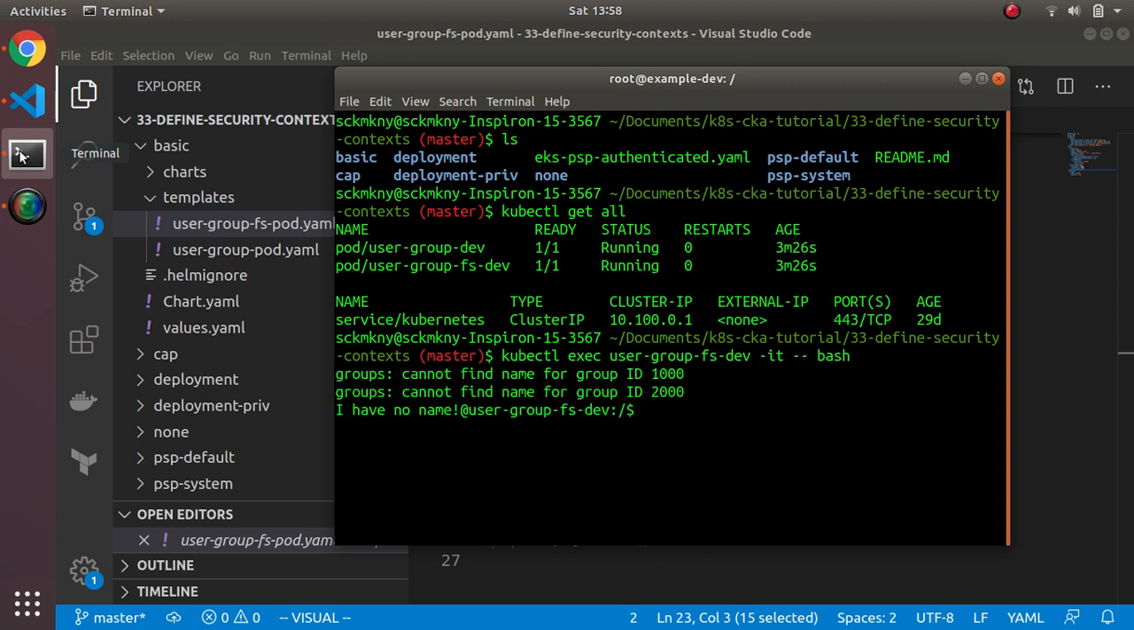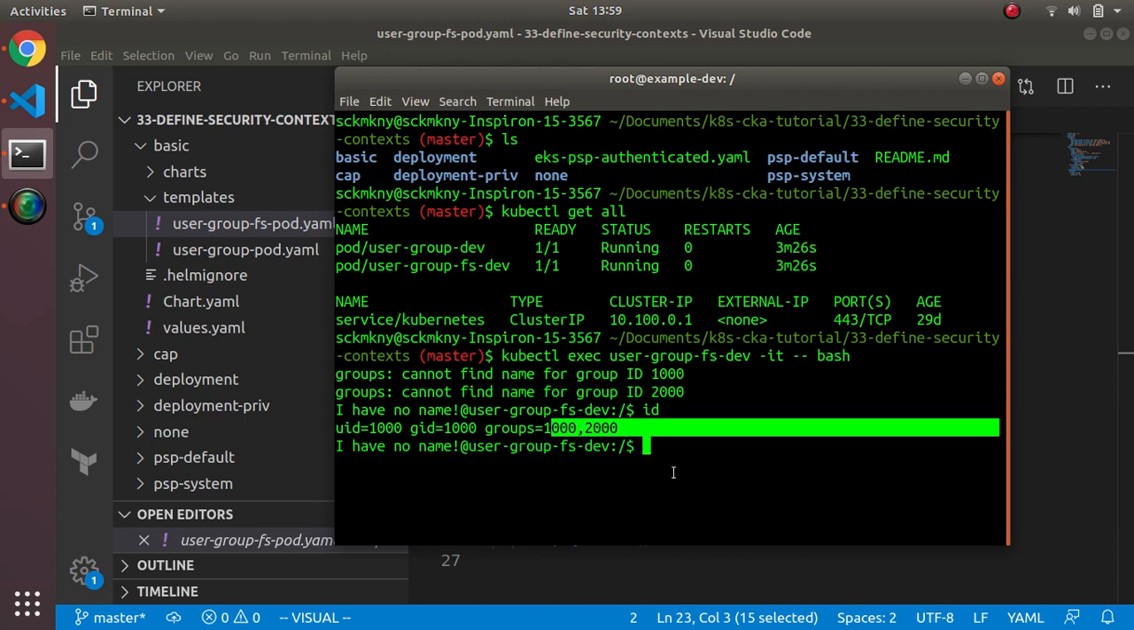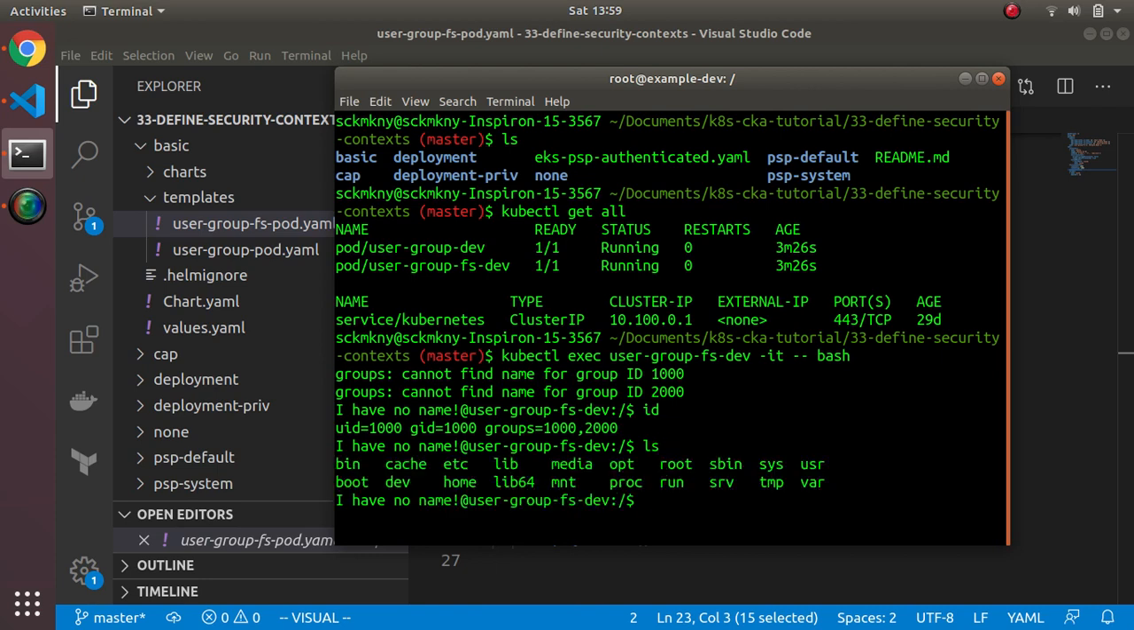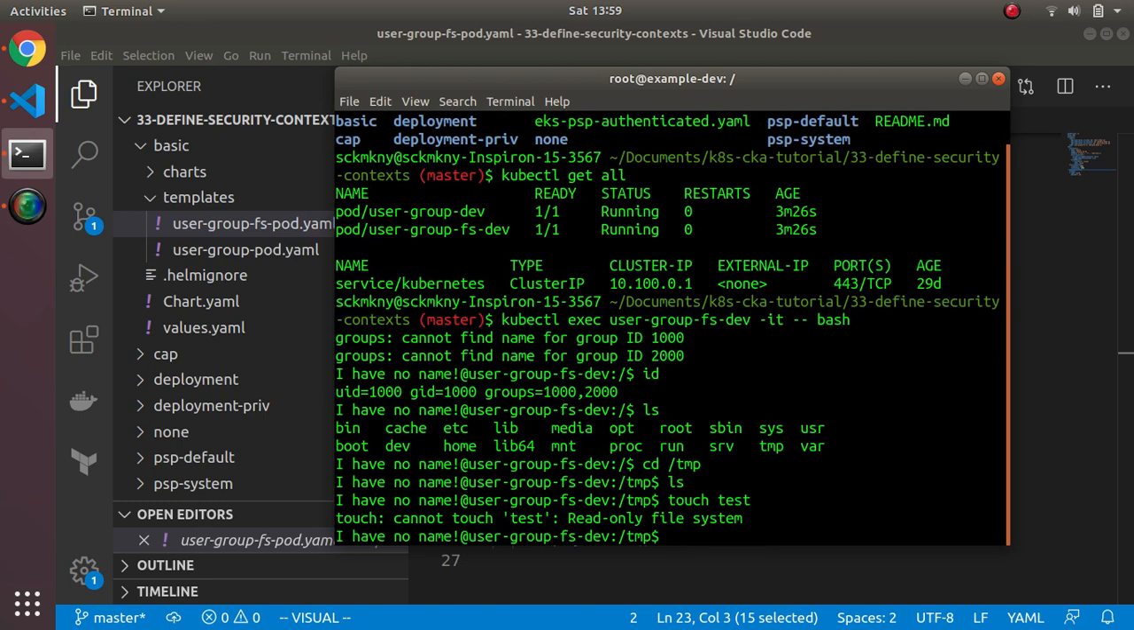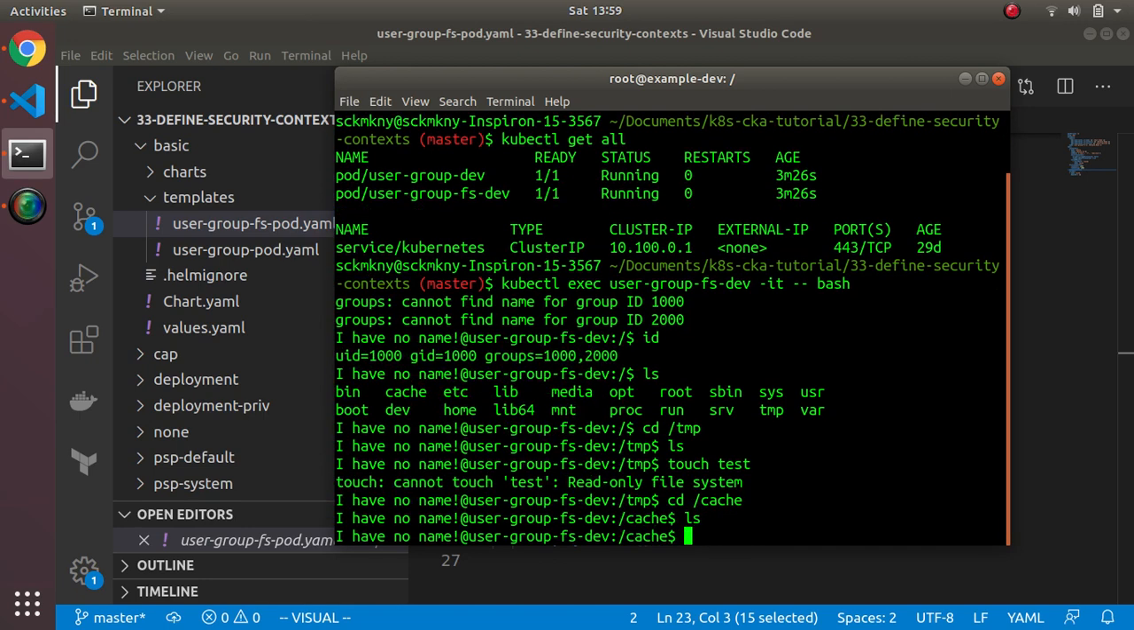Okay, so again, my user ID is 1000, group ID is 1000. I'm a member of groups 1000 and 2000. Right? And I still can't create files. I'm pretty sure I can't touch test. This is a read-only file system, but the cache is writable. Right? And so if I touch test here,